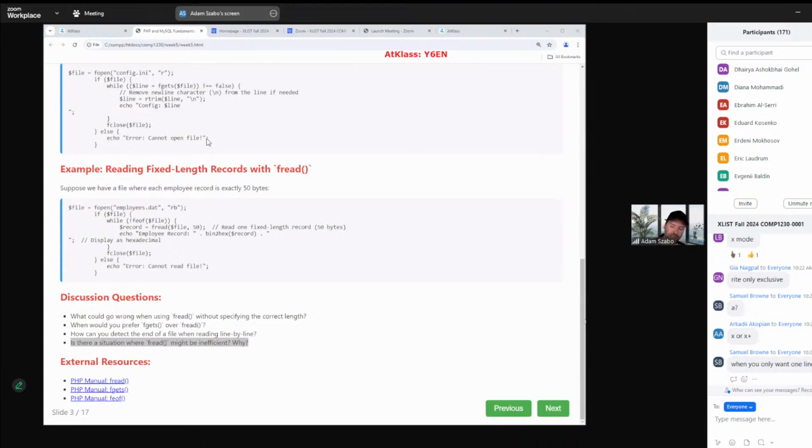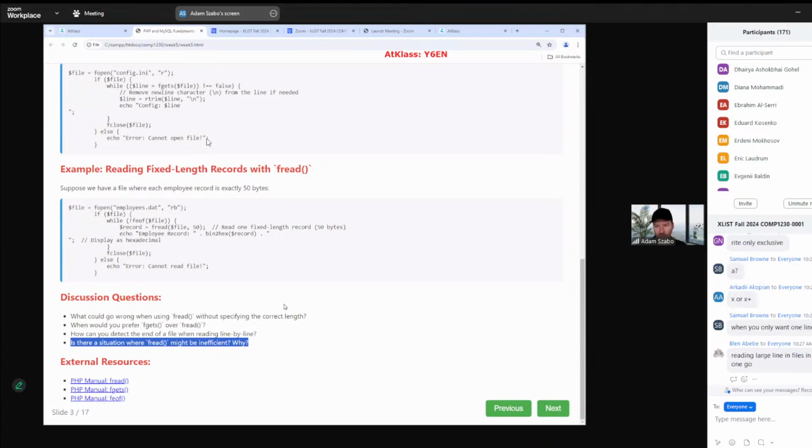But that's not answering the question though, right? So Samuel, when you only want to read one line, you are correct in the sense that your business case is you want to read a line, but why is it inefficient? You know what I mean? So that's more of a business reason, but not so much from an efficiency standpoint. So why would fread be more inefficient? Think of it in the sense of what does fread do, right? fread reads the whole thing, right? So naturally, if you're reading the whole file,